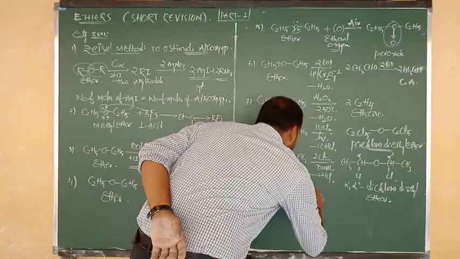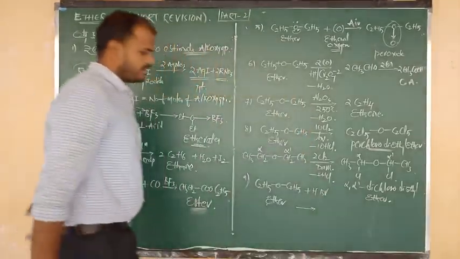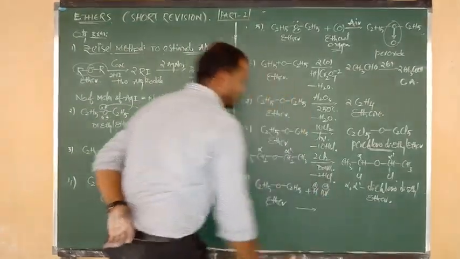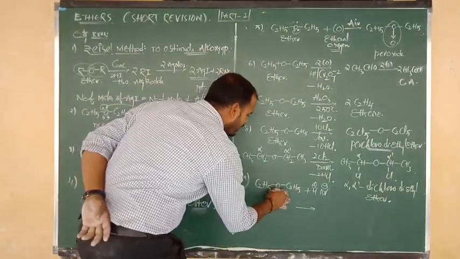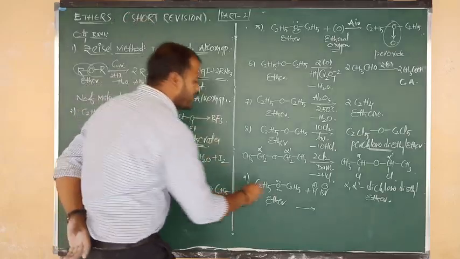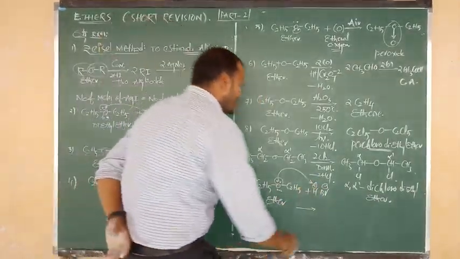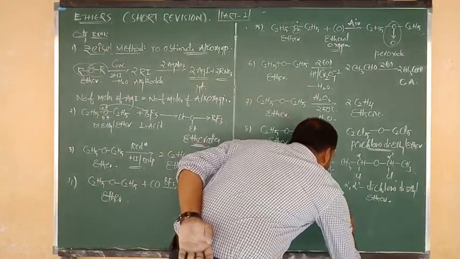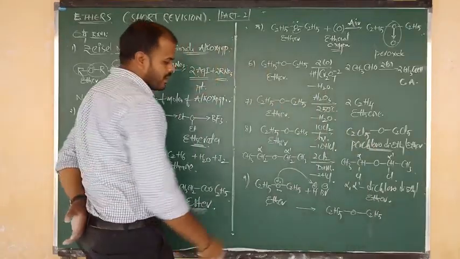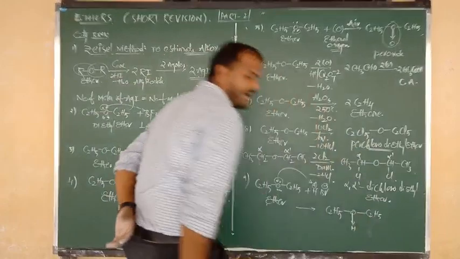It reacts with hydrobromic acid, HBr. The hydrogen charge is plus and the Br charge is minus. Now listen carefully. Generally in ethers, oxygen contains 2 lone pairs. One of the lone pairs is given to the H plus. Now the product is C2H5 bonded to O, O bonded to C2H5, with one lone pair given to H, making a coordinate covalent bond with hydrogen.